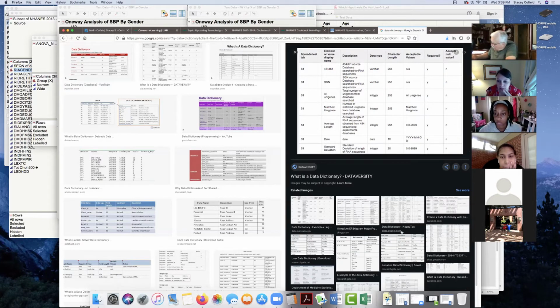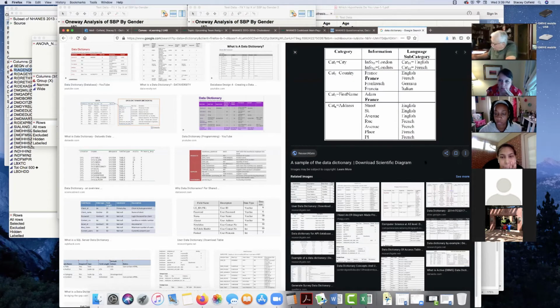Yeah, these all have a lot more information than you. Here we go. All right. So this is what we've seen from our code book. Here's the category name. Here's the information. And we could see that we had a 1, a 2, a 3 in our code book.